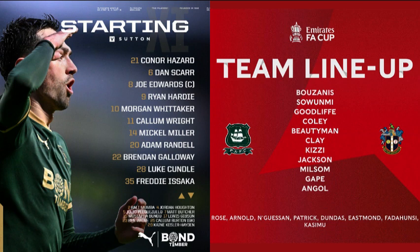And they try to take it quickly, and the referee says he wants it brought back. A bit of frustration there for Argyle, and Argyle were going backwards anyway, and they're going to go backwards again, are they? Or they're going to try something a little more adventurous. Joe Edwards there then, looking for a pass. He's holding his arms out, saying, who am I going to give this to? And then he decides to go backwards for Scarr, and Scarr will roll that across the halfway line to Galloway, and Galloway to the near side for Mikael Miller, and Mikael Miller just coming forward, and then plays it out